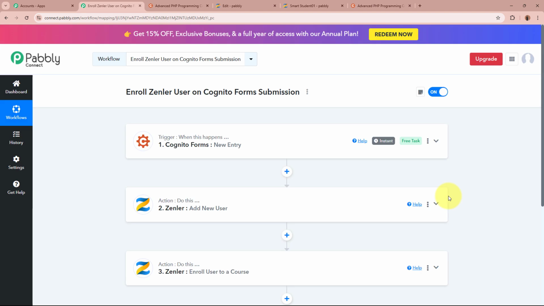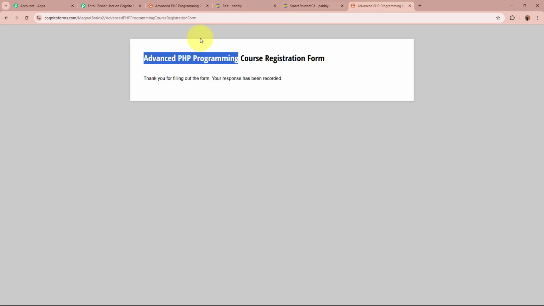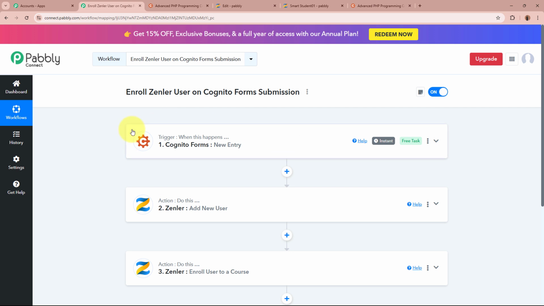So now to sum up what we have done till now, I'm an online course creator. Over here for my trigger, I've selected Cognito Forms, a new entry. With the help of Cognito Forms, I collect the data of my students who want to register for the different courses that I'm selling. So when the trigger happens, as soon as one of the students does a form submission using Cognito Forms, Pabbly Connect is going to capture the response of that,